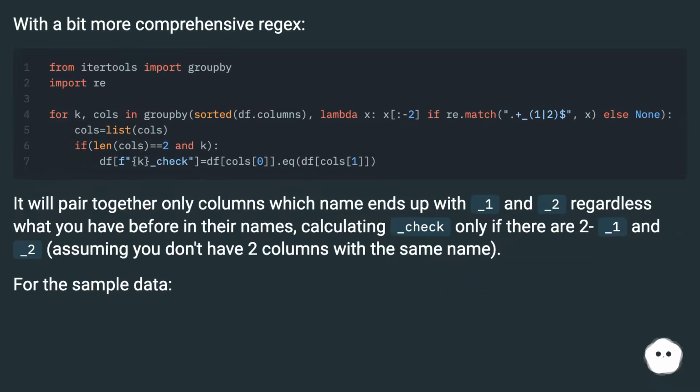With a bit more comprehensive regex, it will pair together only columns whose names end with _1 and _2, regardless of what you have before in their names, calculating _check only if there are two, _1 and _2, assuming you don't have two columns with the same name. For the sample data,